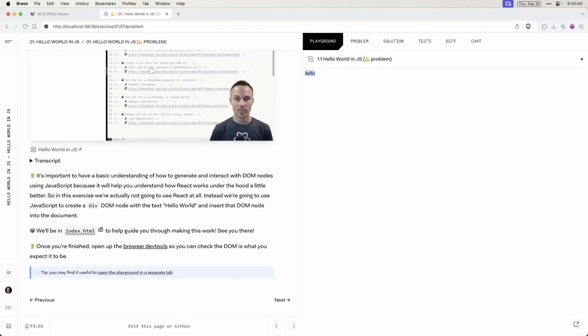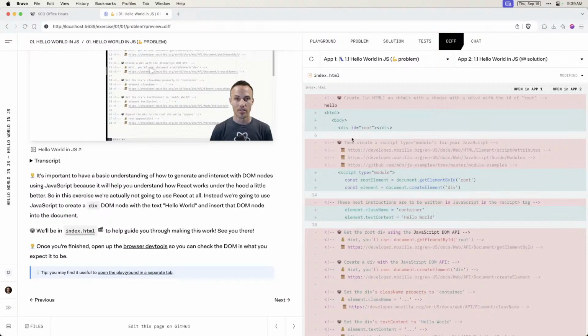Let me move this out of the way. If you're working through it and you think, I don't know what's wrong, I think everything is correct, you can look at the diff tab and it will show you the difference between what you have and what the solution is. So you would have been able to see, oh yeah, I've got an extra div that has hello world. You would have been able to get yourself unstuck in less than a minute,